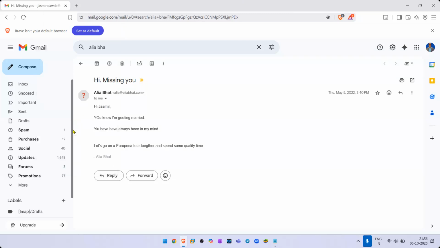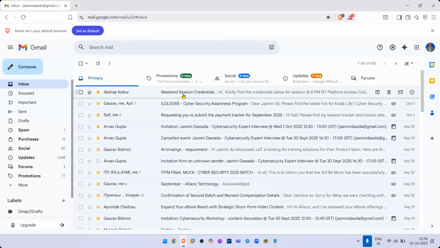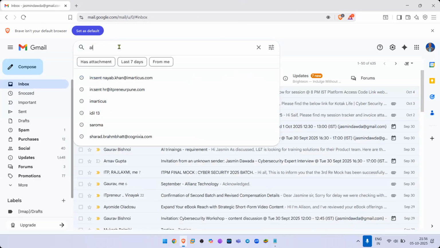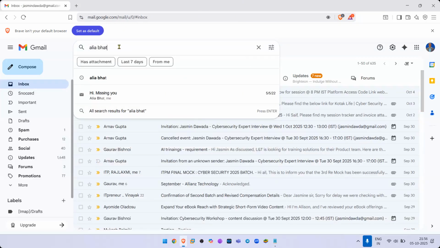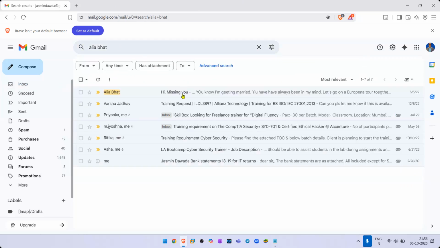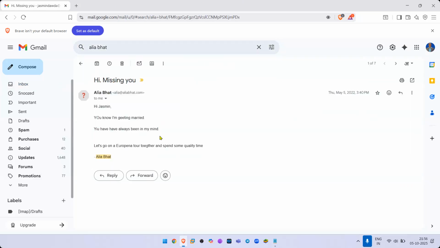How do I trace an email? You go to your inbox, you take any email. I've just taken the email that I got from Alia Bhatt, and let's see if I can trace whether this is genuine or fake. Click on the three dots that you see over here.